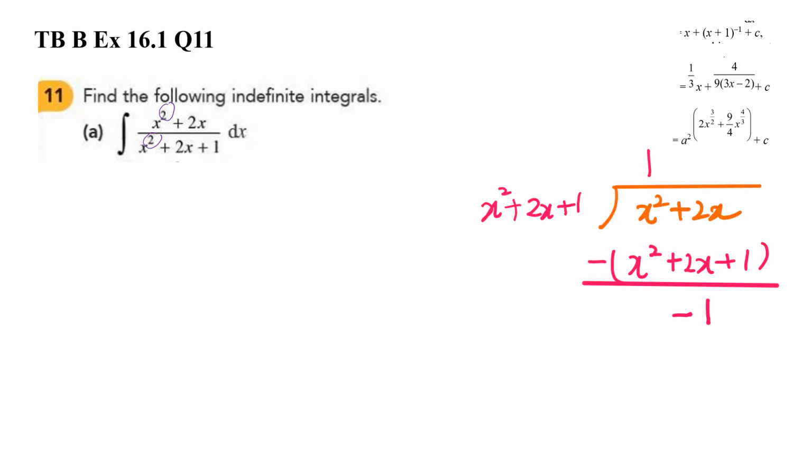Okay, so this one you can write it as, if you've forgotten how to do it, you can just go back and revisit your chapter on polynomial, look at the past videos I've done. Or if you were to recall, we have learned something like that in primary school. You can actually write 5 divided by 2 as 2 plus half, or 2.5, right? So therefore, this improper fraction can be written as 1, quotient that's 1,